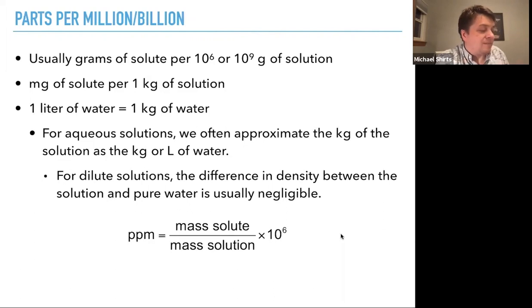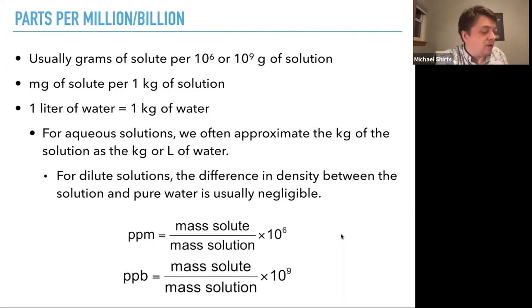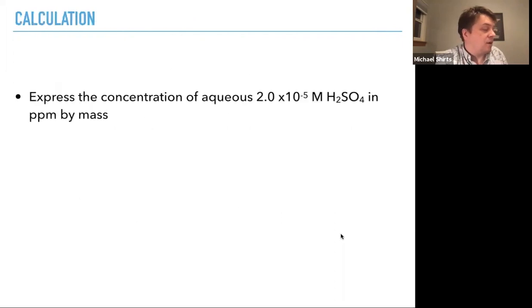So you take the mass of solute divided by the mass of solution and multiply by 10 to the 6th to get the parts per million, or 10 to the 9th to get the parts per billion. And rare contaminants are often in this form. So let's practice. Express the concentration of aqueous, again, let's take something that's a little more dilute, or we'll get some interesting numbers, 2.0 times 10 to the minus 5 molar sulfuric acid in parts per million